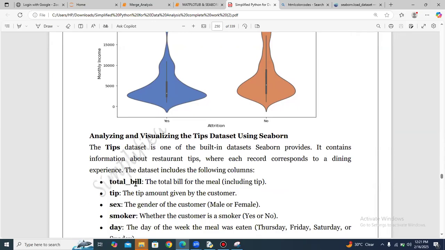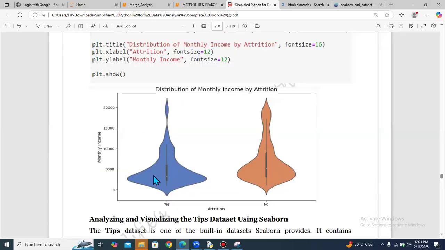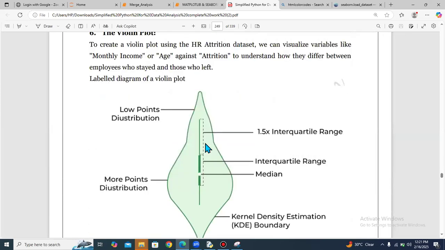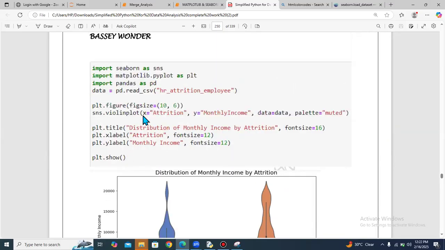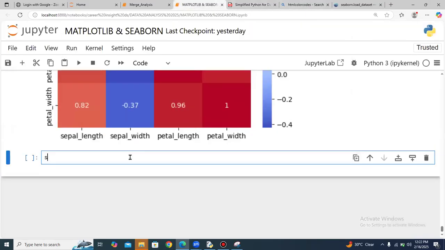Now take note. There is a lot of explanation to this violin plot. This point here, this small dot, is called the median. So we want to plot a violin plot showing attrition and monthly income. Attrition and monthly income. So I'll say sns dot